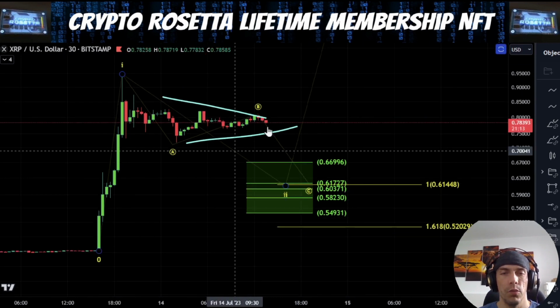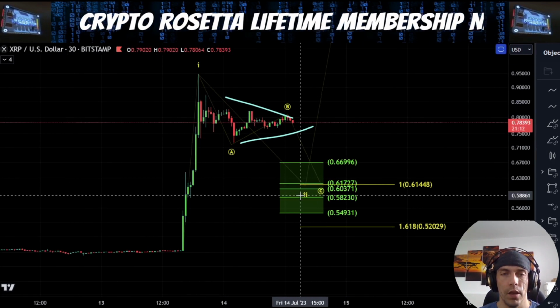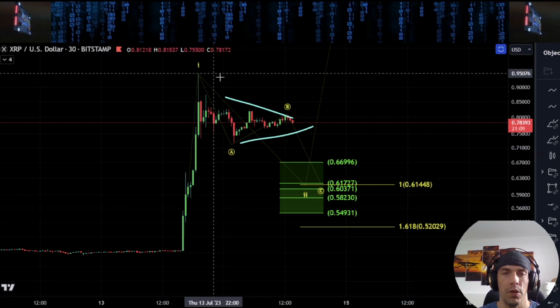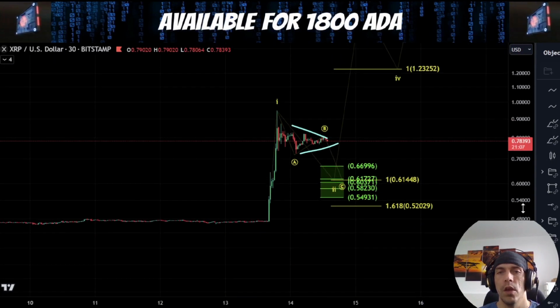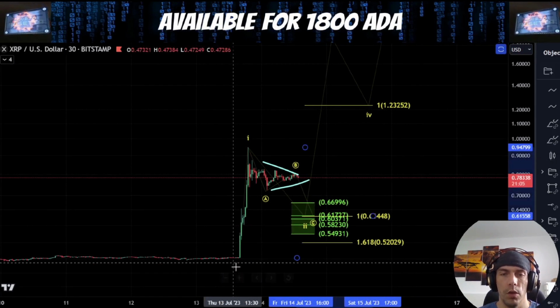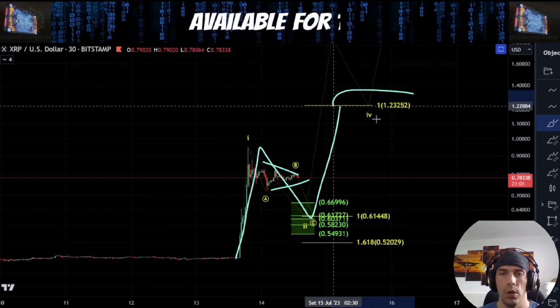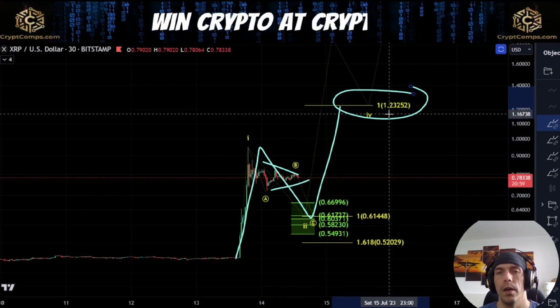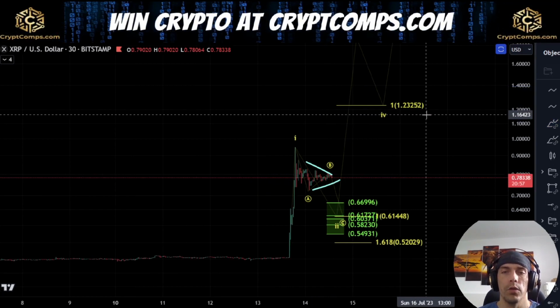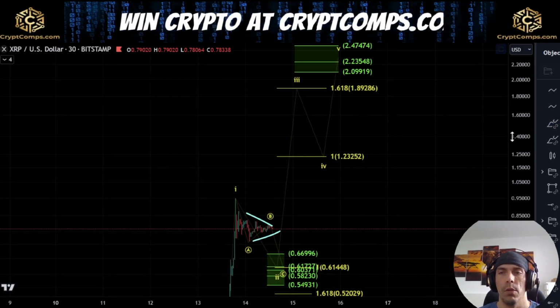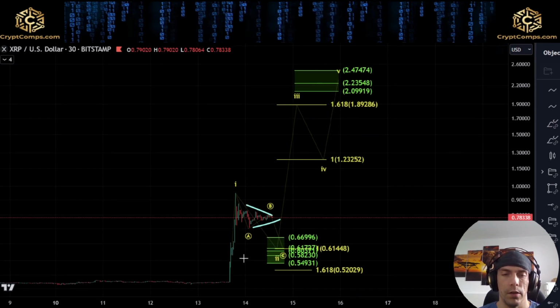So if we do see price move down into these levels, then potentially this could align with the idea that this could be a 1-2. Now, what this would be saying is that we could either be looking at this just as A, B, and C if we get a 1-to-1 move up towards this $1.23. Alternatively, if we want to argue that we're looking for an impulse, what I'd like to see ideally here